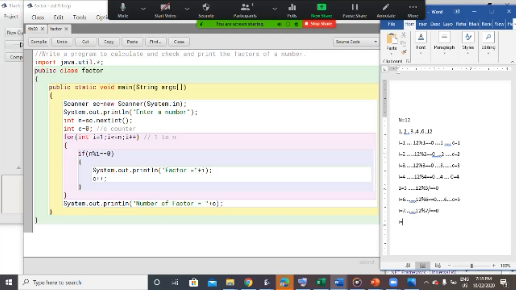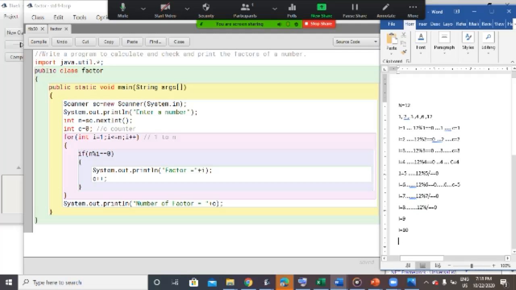Same thing goes on for 8 also. 12 is not divisible by 8, so the counter will neither increase nor is the value printed. The same happens for 9, nothing will happen. For 10 also, nothing will happen because it's not dividing 12 completely.